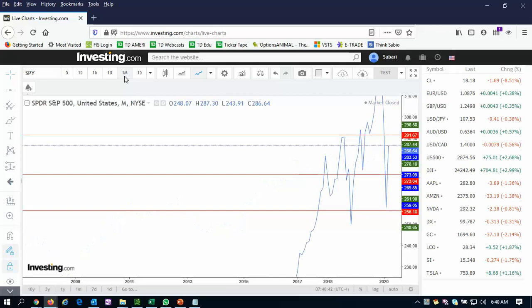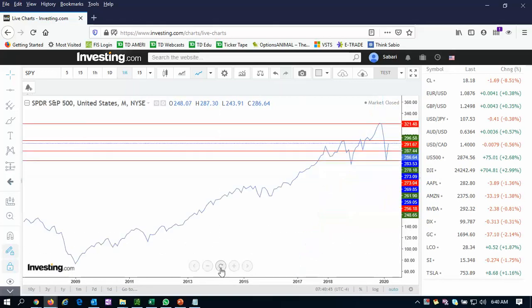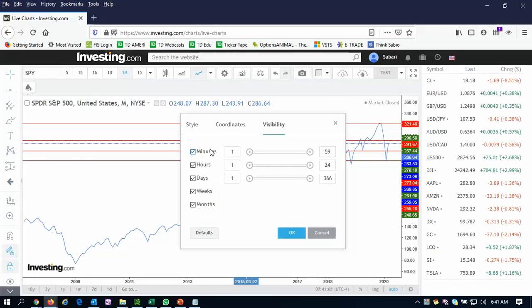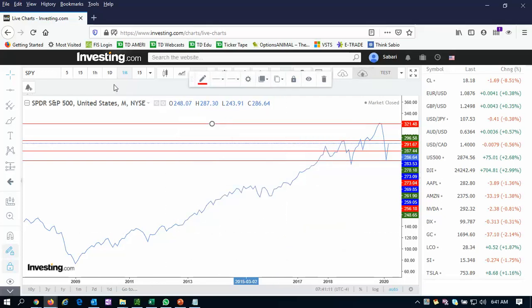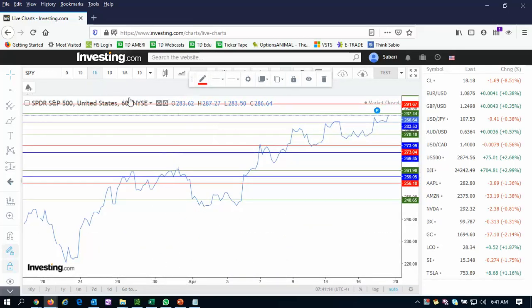To make that rule work, as I told before, red is for the support and resistance of the monthly chart. I enabled the visibility for that to appear in all downward time frames, all the predecessor time frames. However, if I go to the hourly chart, hourly support and resistance should appear in 15 minutes and 5 minutes. However, it should not appear in daily and monthly.